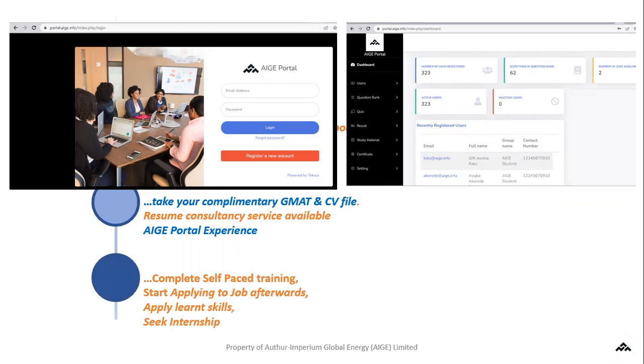So once you're done with that, we are going to give you your self-paced course. Remember, we told you if you register for one course, you get another one self-paced for free. The self-paced will be done on our app, which you will go to after you finish your instructor-led course, depending on the number of courses you are taking. You take your self-paced course, and you can continue your self-development from there, which includes applying to jobs, applying the skills that you learn from our training,